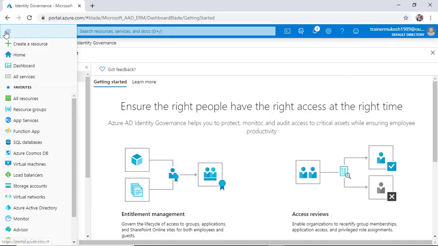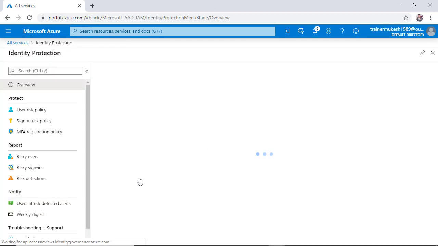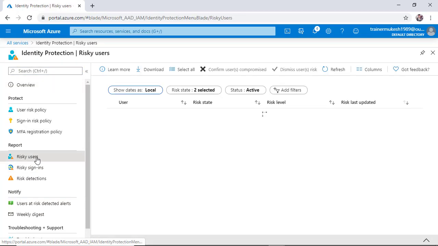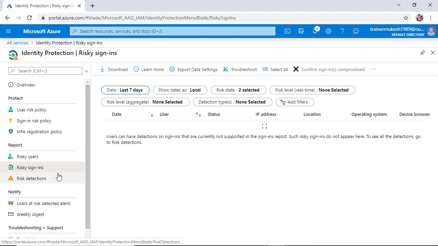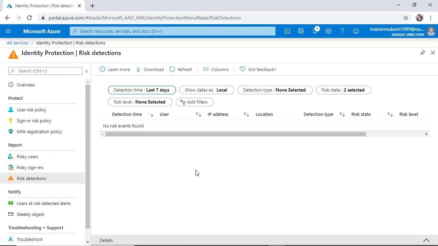Okay, let me go via All Services, Identity, Azure Identity Protection, and you're gonna find in the reports if there is a sign in risk or risk detection. So this is how we can access conditional access. Thank you.